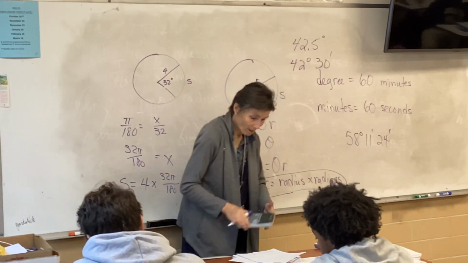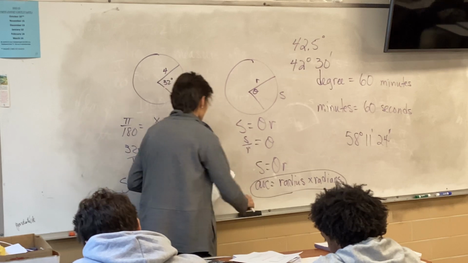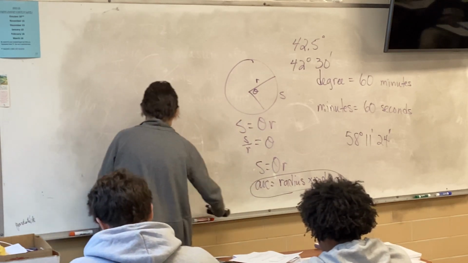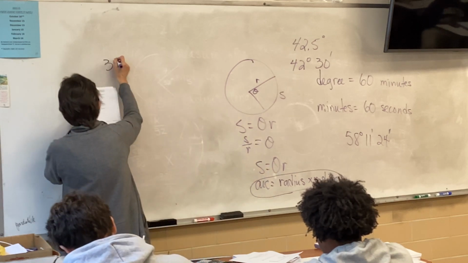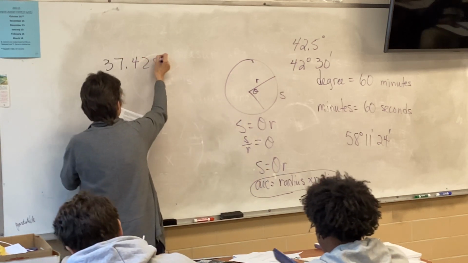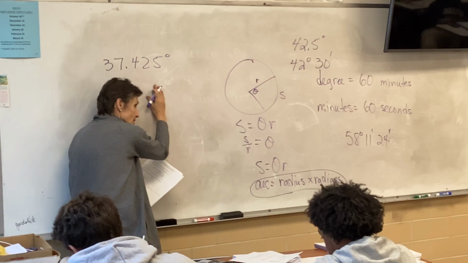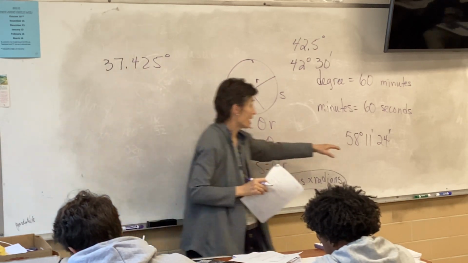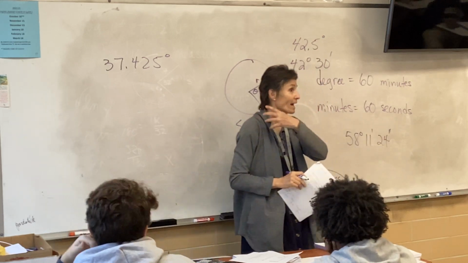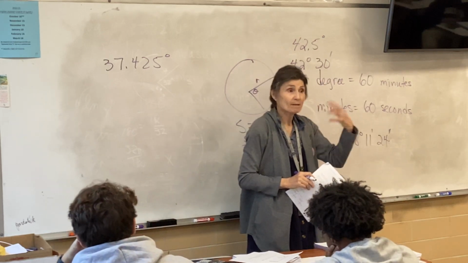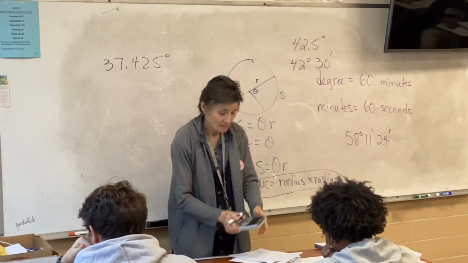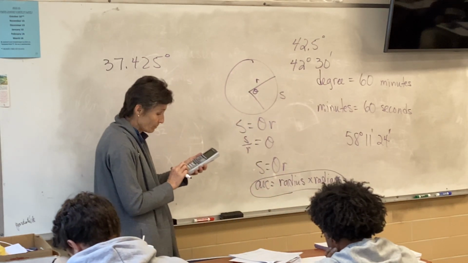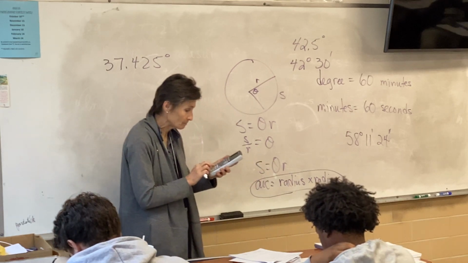So, problem 1 says convert this decimal degree, 37.425 degrees, that's a decimal degree. Would you agree that it could be written as minutes and seconds? It's a fraction of a degree, so we can break it into minutes and seconds. So here's what you do. You type 37.425,